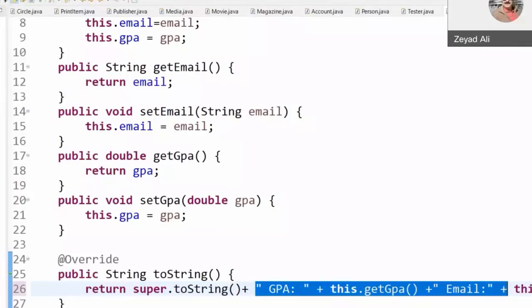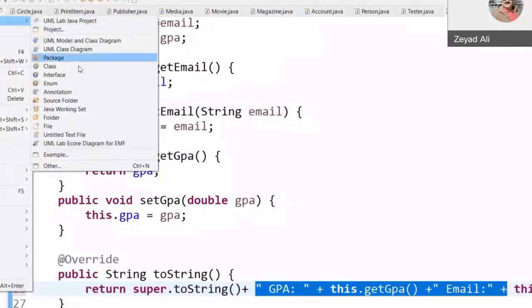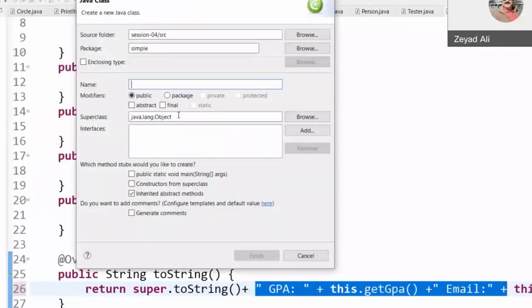With another example, this will be clear. I will create another class here called Faculty. The faculty, let us say, has what?